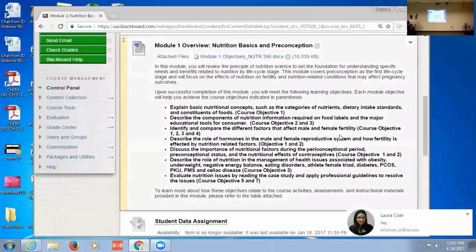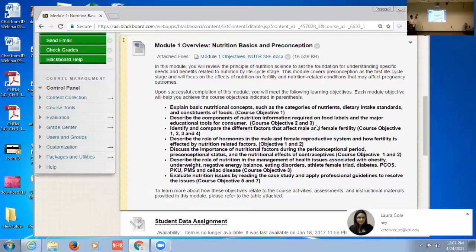Each module has module objectives, and the first part, or the overview, really describes exactly what that module has. Most of the other modules only have 2 chapters, but this first one has 3 chapters, so it highlights that. I'm also trying to make it easy for them to figure out what they're learning and how it connects with the whole course objective.